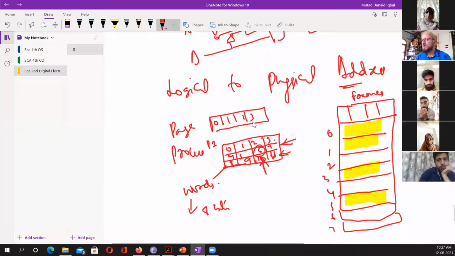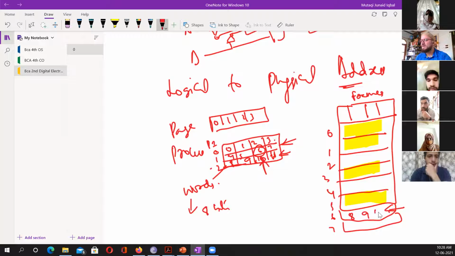Now I have to load anywhere in this scenario. I can load it anywhere. I don't care. Say for example, this is page number 0, 1, 2 of the process. Say page number 2, I am loading it here, at the last. Say occupied सारे थे, मुझे जगह मिल गई यहाँ पे कहीं पे, तो मैंने ये पेज यहाँ पे लोड किया, 8, 9, 10 and 11. So I have loaded this page here.